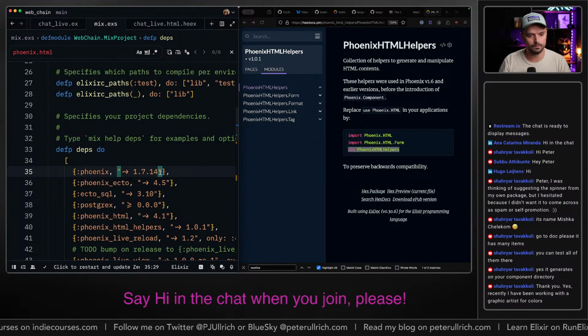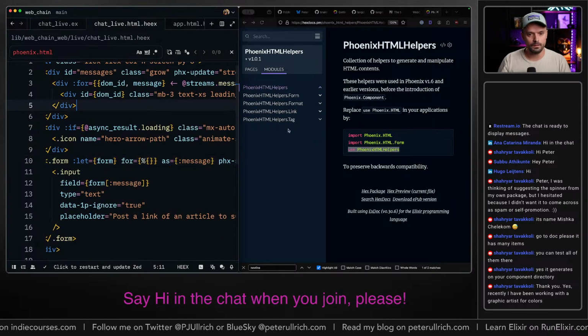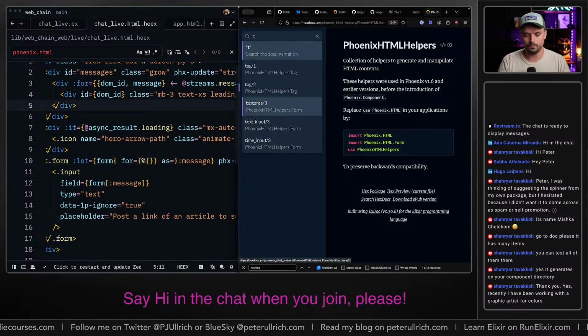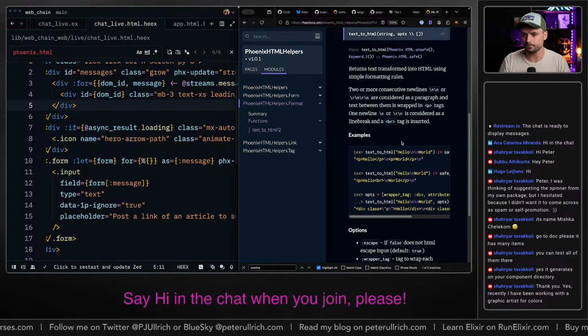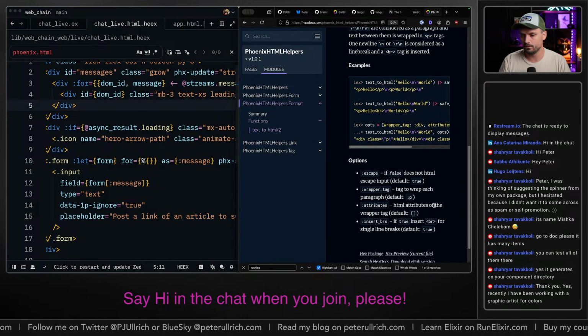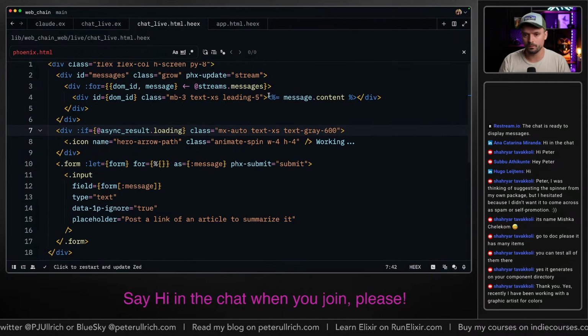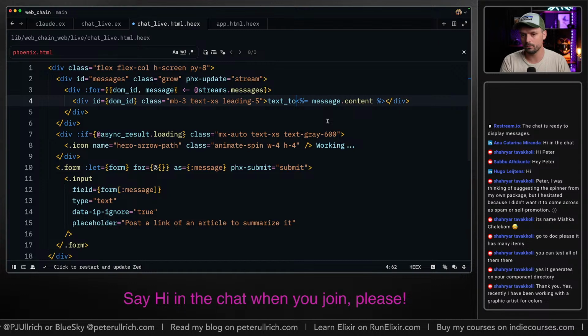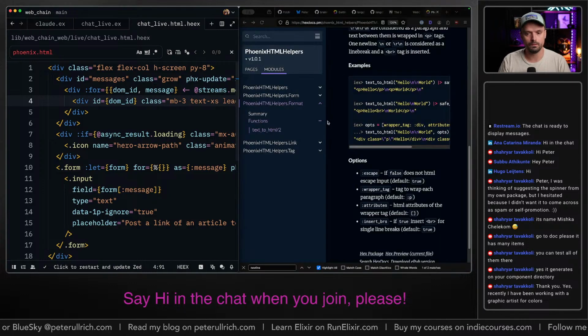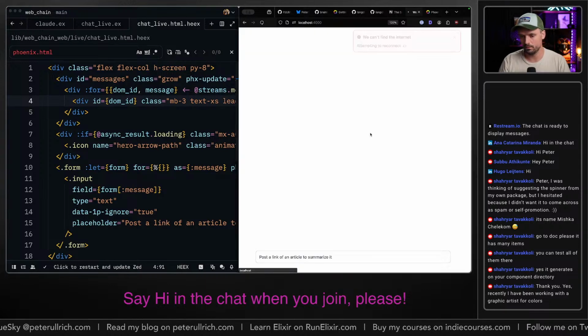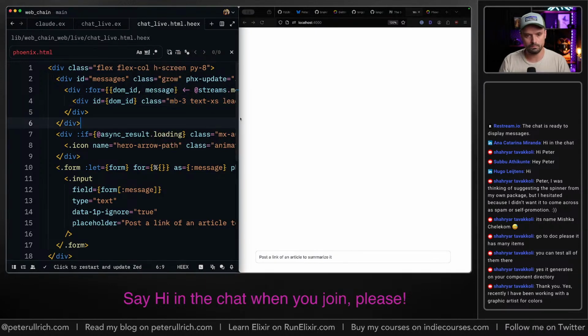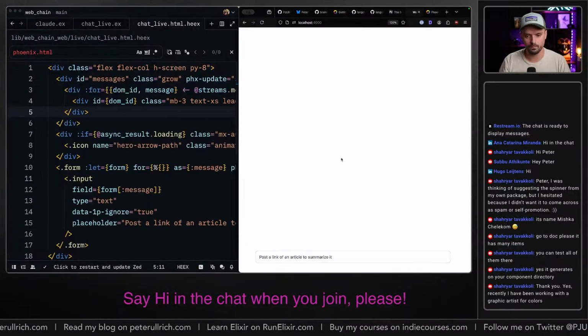And now we can in here say text to HTML, I believe. So instead of content, we do just text to HTML. Does this exist? Could be. Let's see how that looks.